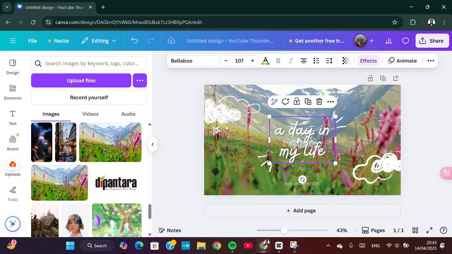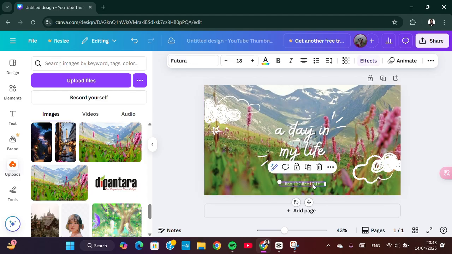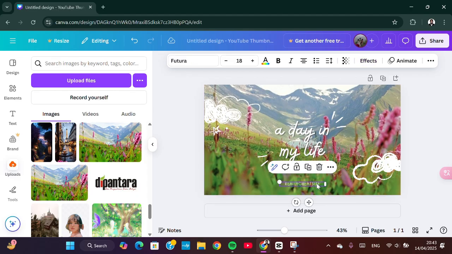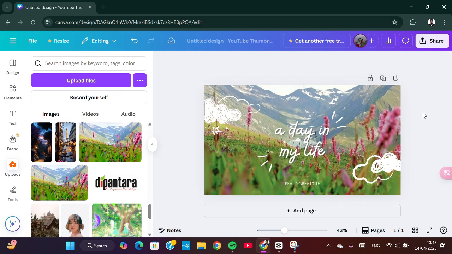And if you're not satisfied with the result, you can modify the template. For example, you can change the text or the font here. You can replace it with your own text. Okay guys, and that's all the way to create a static